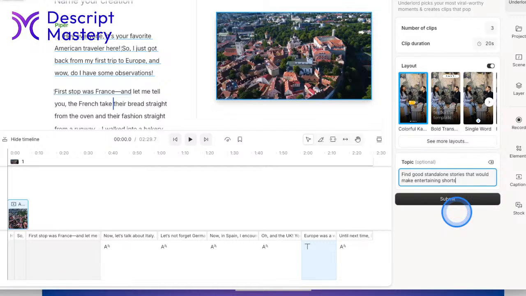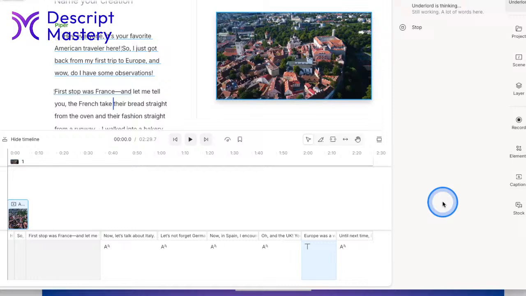That's what I often find myself prompting, is find stories or points, facts and figures that stand alone on their own. And it'll usually do a pretty good job of pulling those out. So I'll leave that prompt in. Let's see what it comes up with. So I'll hit submit. And again, we're asking it to look for 3 clips of 20 seconds each.